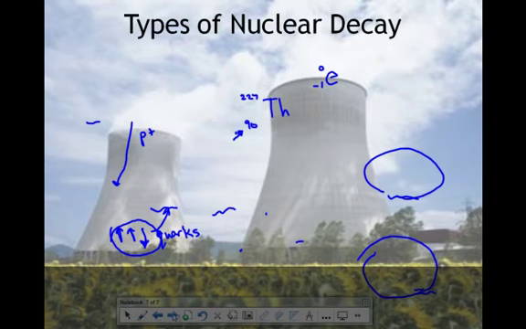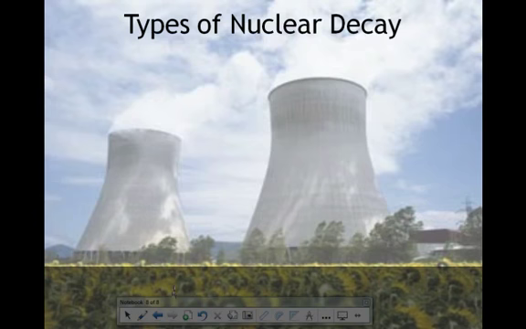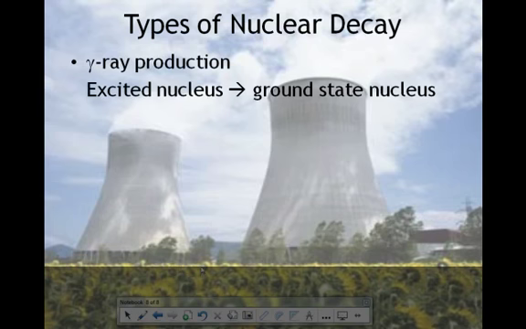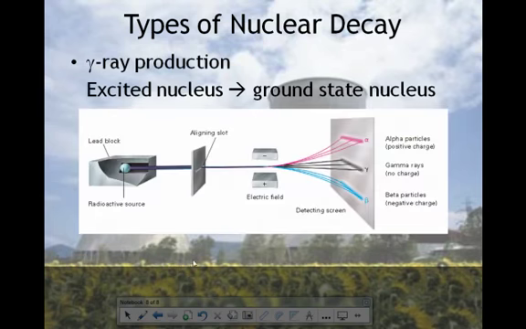So that's beta particle production. And what else do we have? Oh, right, gamma emission and all kinds of other things. Gamma ray production is essentially a high energy process where we take an excited nucleus and turn it into a ground state nucleus. We saw the production of light from having an excited electron becoming a ground state electron, and